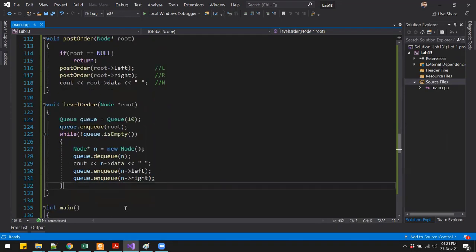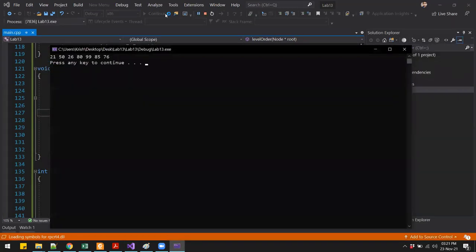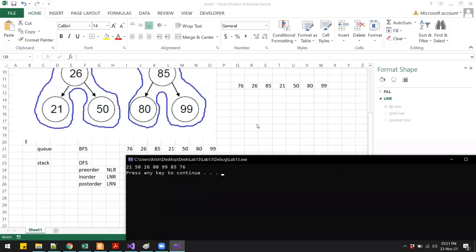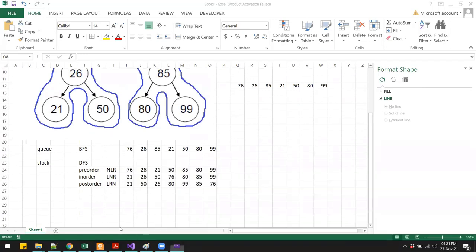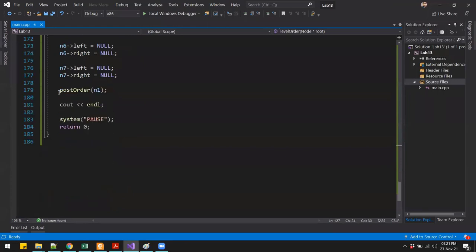This process will continue until the queue becomes empty. So at this point, when I run the code, you will see that we get these numbers, which is not the same as BFS, and that is because we haven't called the right function.